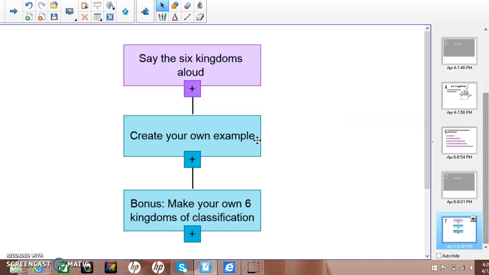Good job. Now I want you to create your own example, like the matchup. For example, you did plants and animals really well, so I would do a plant and animal example. Could you say those? An example of an animal would be a gorilla. Okay. And then for a bonus, I want you to email this to me, and make sure you put your name on your bonus so that I know it's yours. I want you to make six kingdoms of your own classification. So it could be like books,